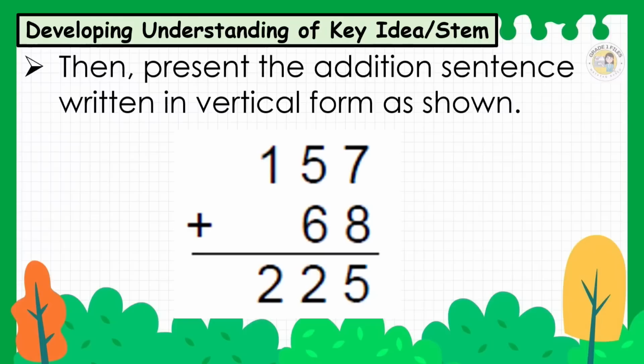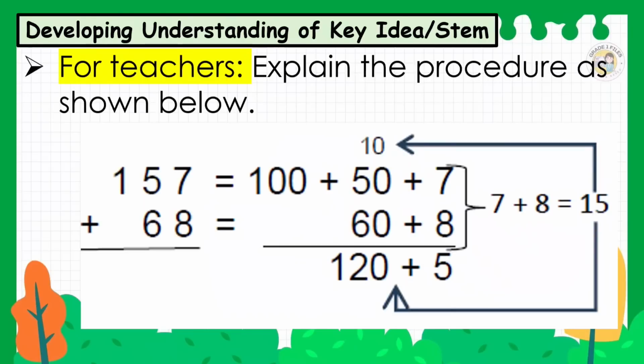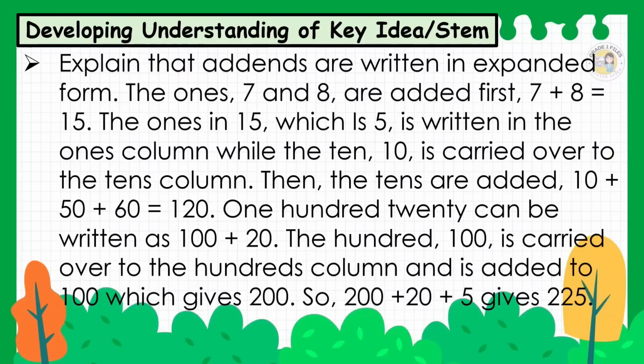Then, present the addition sentence written in vertical form as shown. Students, how was the answer 225 obtained? The addends are written in expanded form. The ones, 7 and 8, are added first. 7 plus 8 is equal to 15. The ones in 15, which is 5, is written in the ones column, while the 10 is carried over to